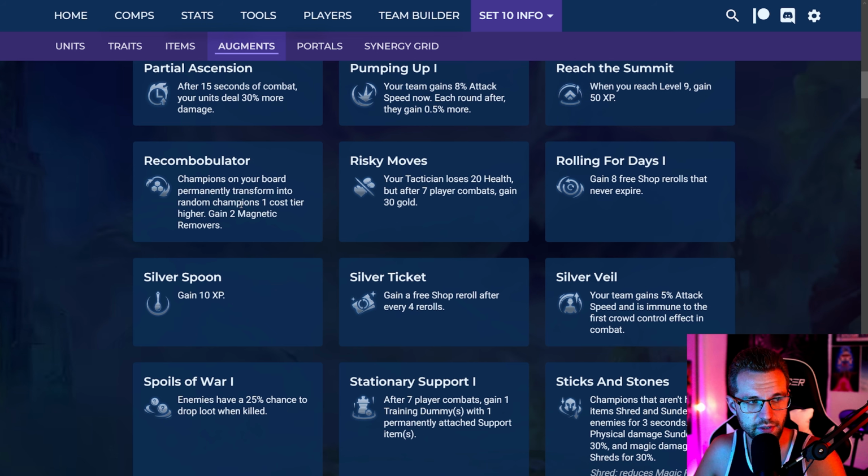Champions on your board permanently transform into random champions 1 cost tier higher. I believe you can only be offered this on 3-2 or 4-2. The time when you want to take this is if you don't really have very clear direction. You're like, I'm ready to flip a board. If you have a really strong board and really good direction, you probably don't want to flip your board. The other instance where you definitely want to do this, or you can take this risk, even if you do have a strong board, is this: